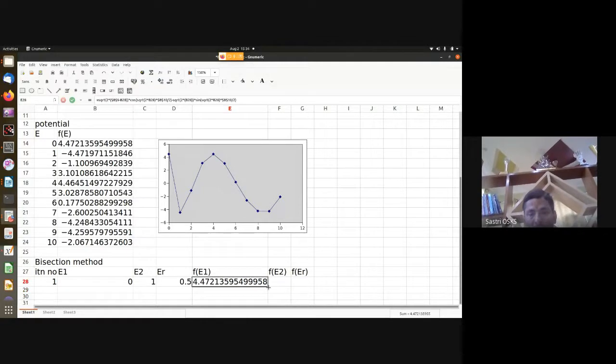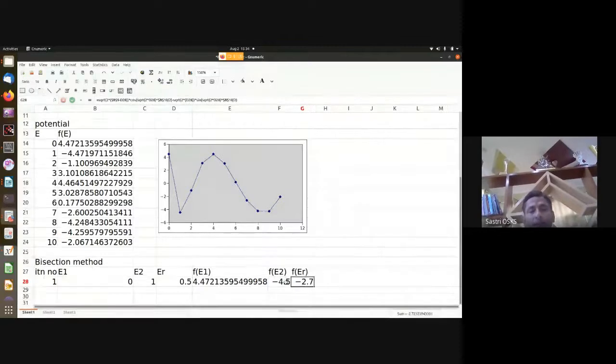Now the other two can be just simply pulled, right? You drag it, you get the remaining two answers, because E2 is here and ER is here. Okay, and when you click on this, you will see it is taking E2. And when you click on this, it should take ER. It's taking ER. Okay, so there we are. The first step is over.